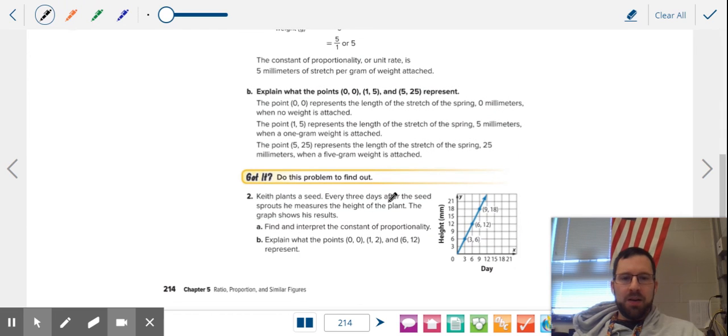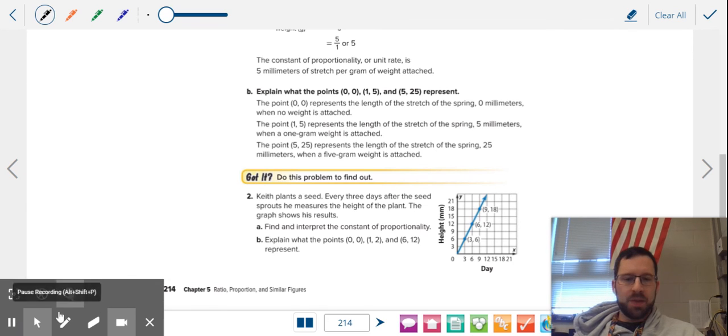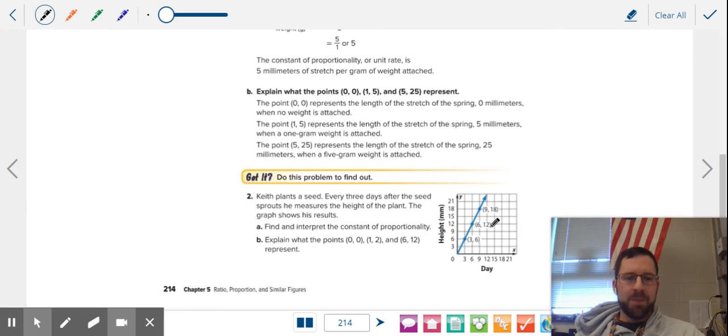Now, how do we use this to determine the constant of proportionality? Take any point on the graph and divide it. 6 divided by 3, y divided by x is 2. So the constant of proportionality here is 2. When you have to explain the points, you just basically tell me what it does. So 1, 2 means after 1 day, the height has grown 2 millimeters. The plant has grown 2 millimeters. Do whatever it takes to